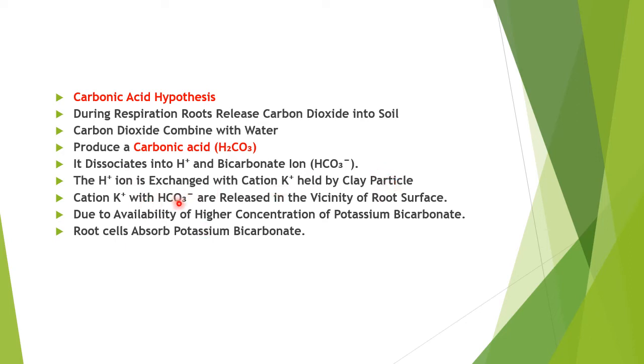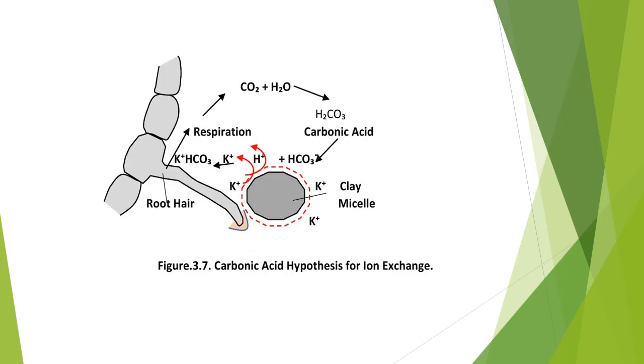Cation with bicarbonate are released in the vicinity of the root surface. Due to availability of higher concentration of potassium bicarbonate, root cells absorb potassium bicarbonate. So with the help of this carbonic acid hypothesis, which is explained with this simple diagram, this is again the